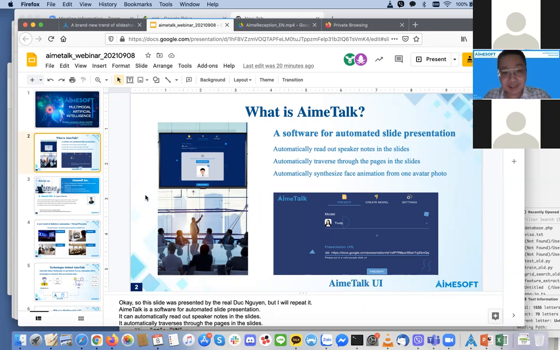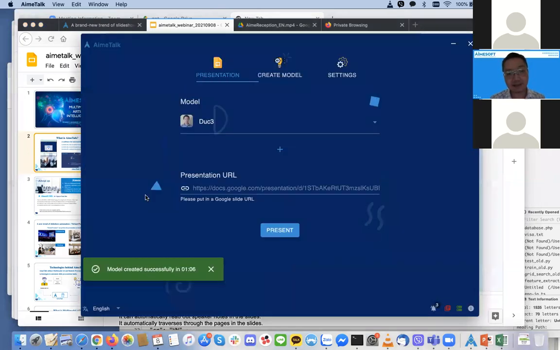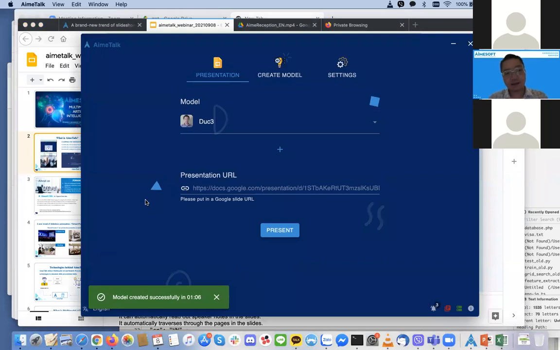AimeTalk is a software for automated slide presentation. Basically, it can automatically read out speaker notes in the slides. It can automatically traverse through pages in the slides, and it can automatically synthesize the face avatar from that one